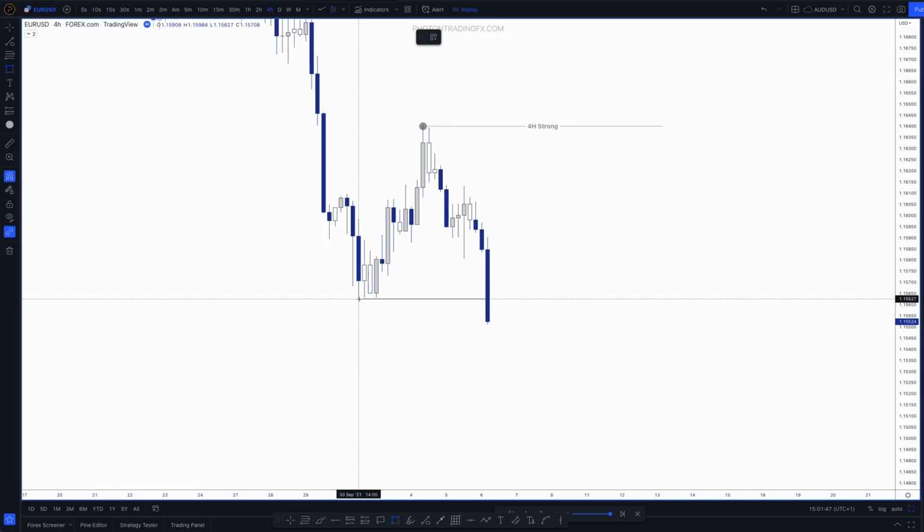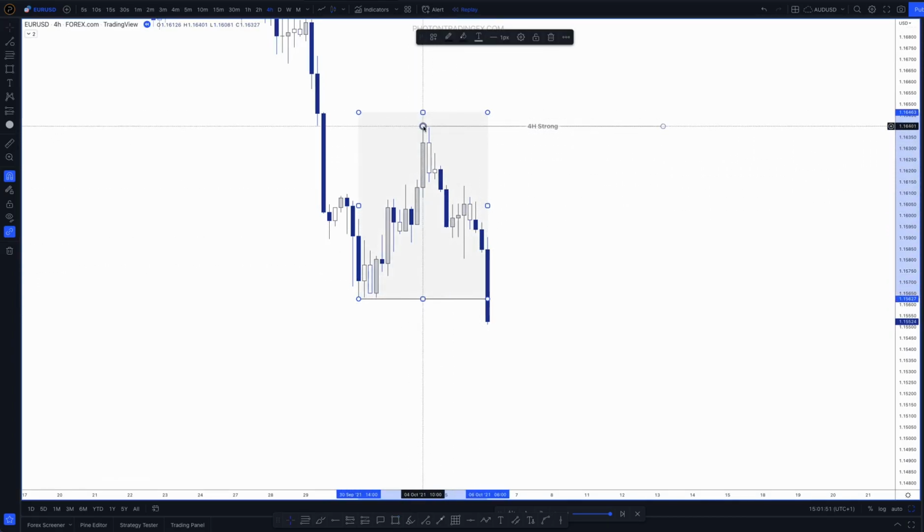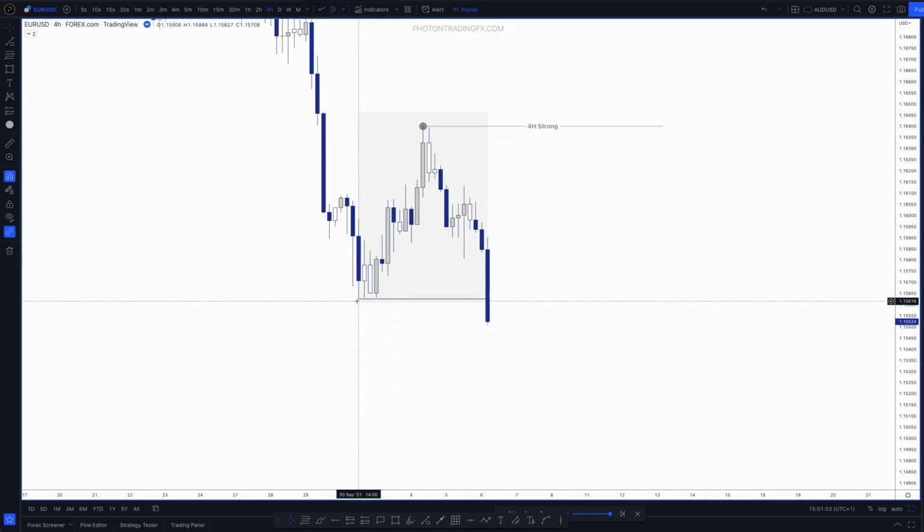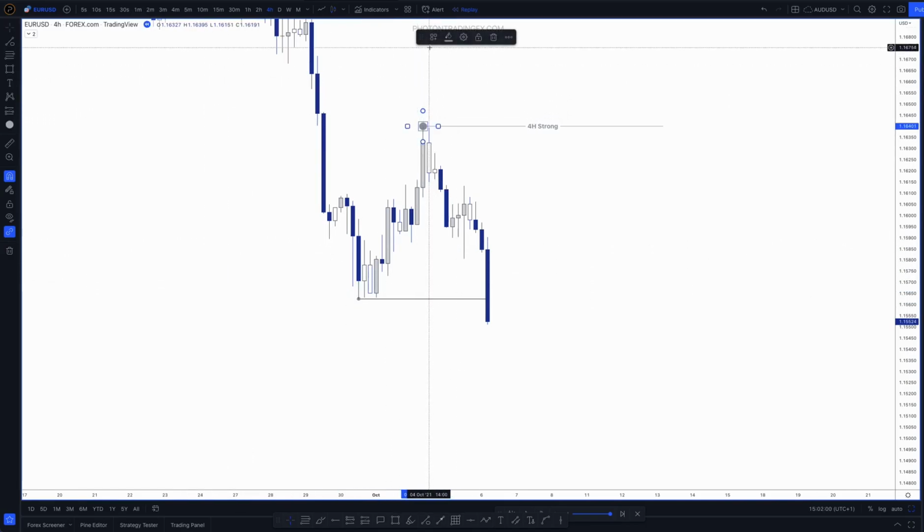From the highest point, from where the low was printed to where it was broken, drag your box to the upside, right? And then that becomes your high. It's the highest point that went on to break this swing low, right? Again, we can put our circle here. Okay, cool. So at this point, we know where our swing high is, but we don't know where the swing